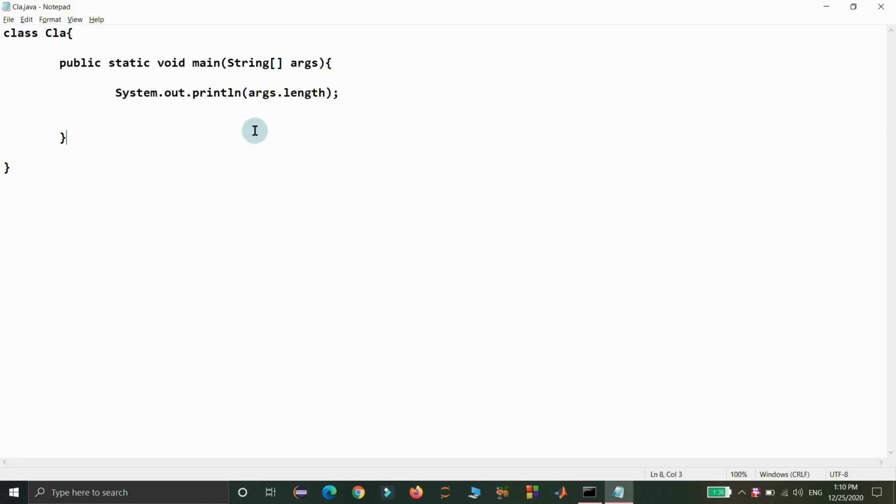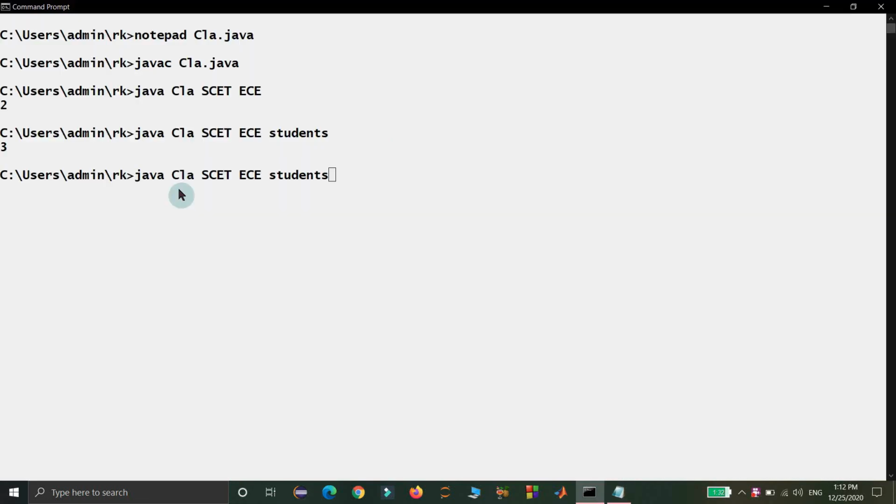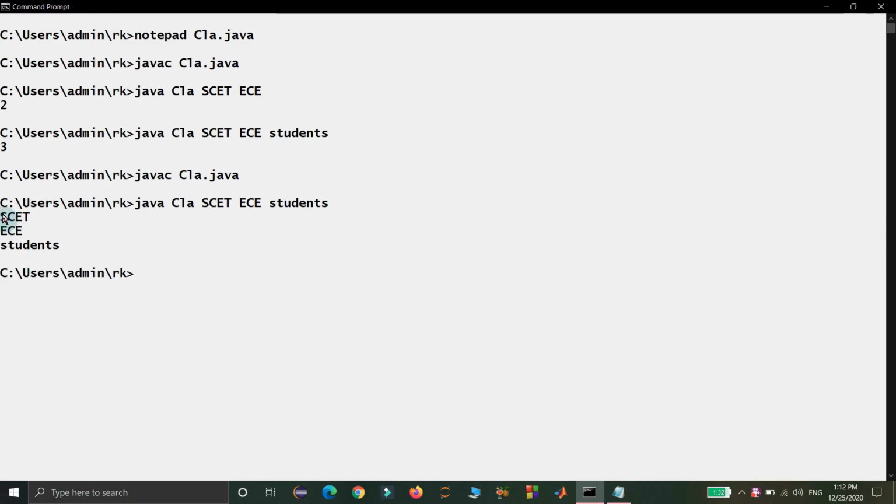Now I am going to display the command line arguments one by one that we are passing to the main method. Then I am running a for loop to iterate over all the elements of that string array. Then I am going to display each string present in that string array. I am going to save this program. I am going back to the command line where I am compiling the program. Then I am running the program with 3 arguments. Then I got all the 3 arguments separately in separate lines.